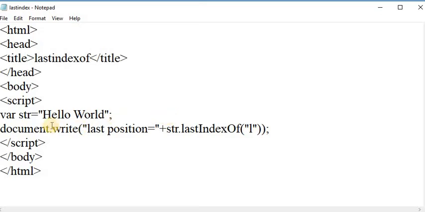It returns 9 on a web page, because L is present at the second and third position also, but it returns 9 because at the last position it is present at index 9, the 9th position, so it returns 9 on a web page.